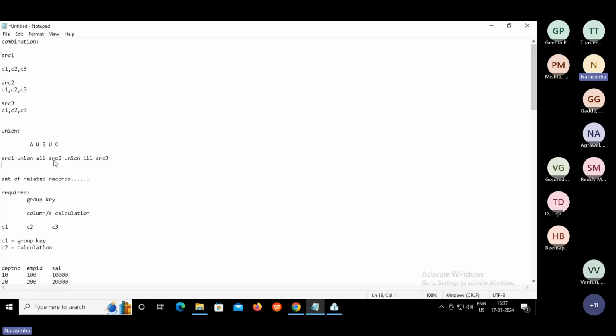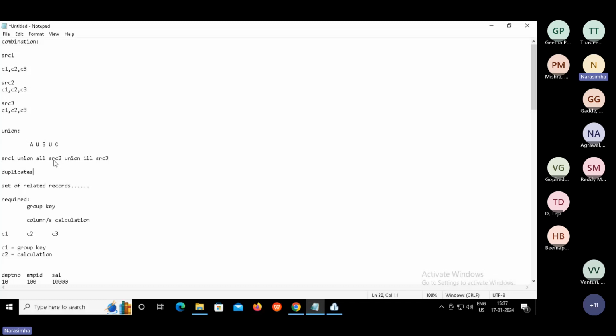Union all is inclusive of duplicates. If you have duplicate records, it will add a new entry rather than maintaining one. Remember that. For example, 1, 2 in the first source, 1, 2 in the second source, 1, 3 in the third source.